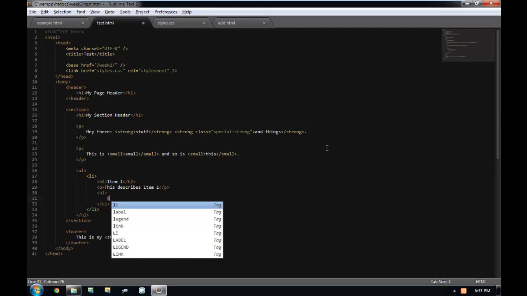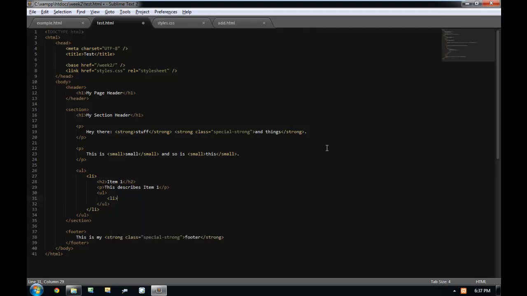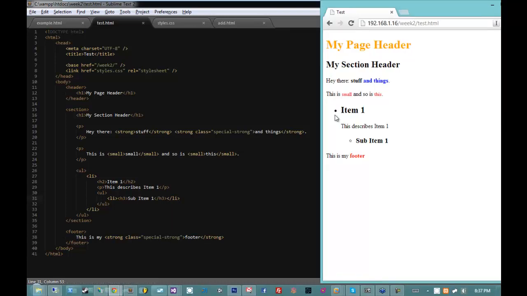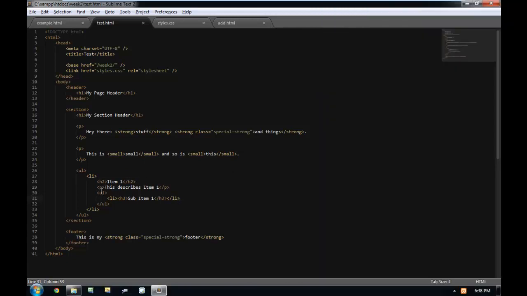And we have another LI inside of it, and we'll call this one with an H3, sub item 1, H3 LI. Okay, so this is a bit of a contrived example. But we have a UL, an unordered list with the list item, with an H2, a paragraph, and another unordered list with a list item with an H3. So a bit of contrived HTML, but believe me when I say this is not the most complicated HTML that